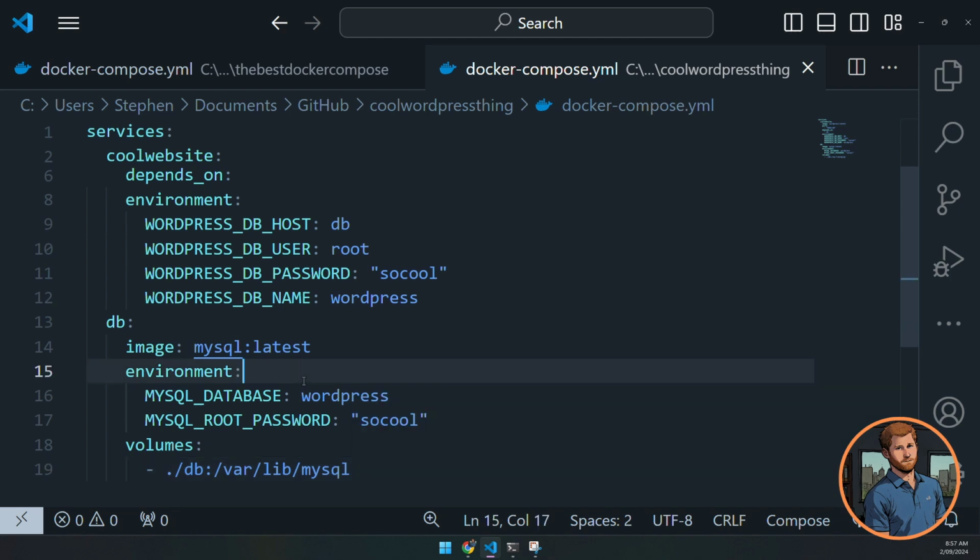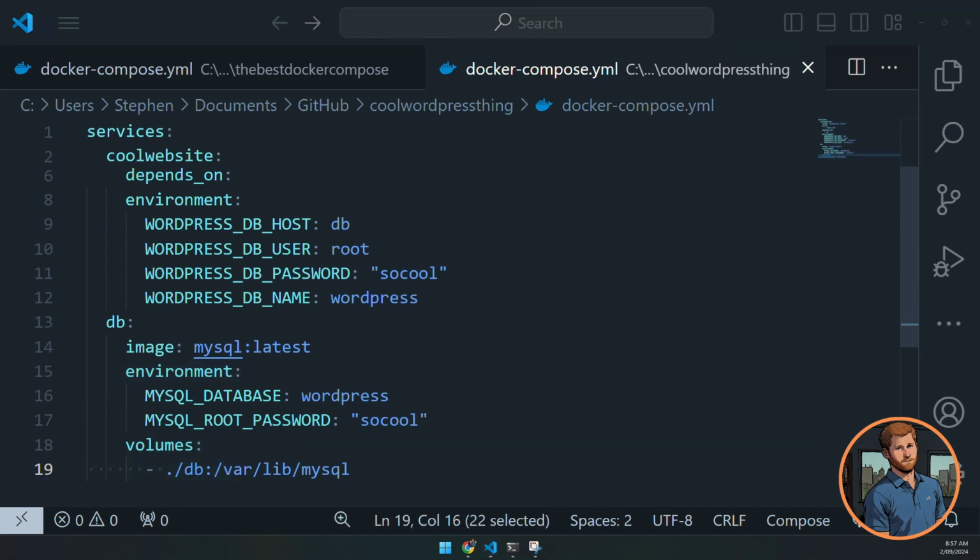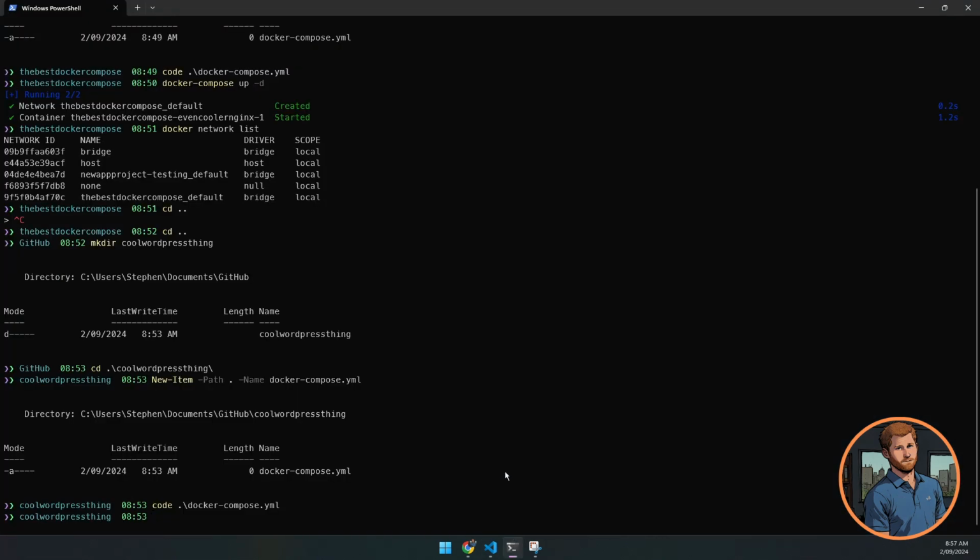Excellent. We'll save all that. Now adding in this volume means that we're going to be able to persist our data even once we stop and start the container. So let's jump in here and we're going to type docker